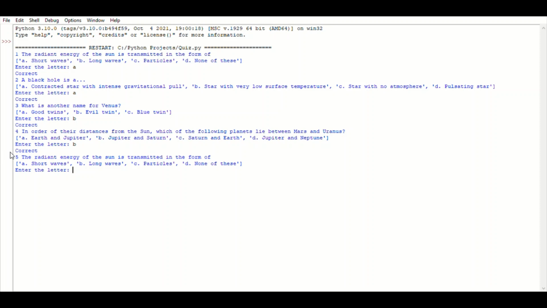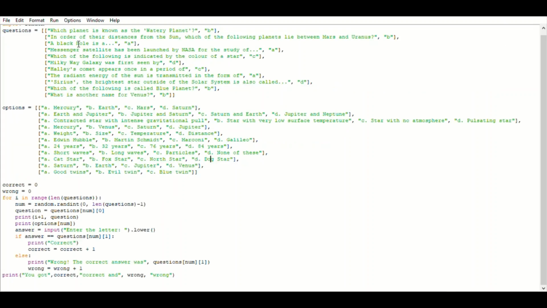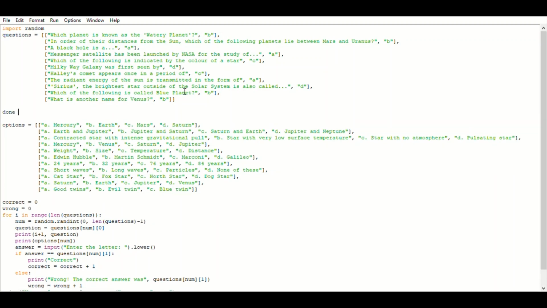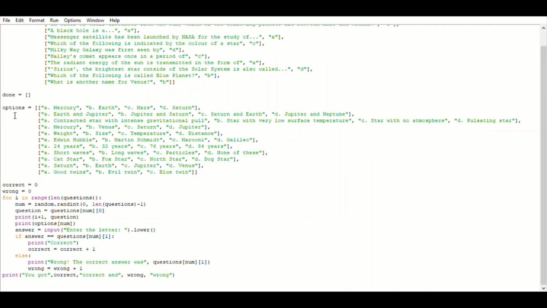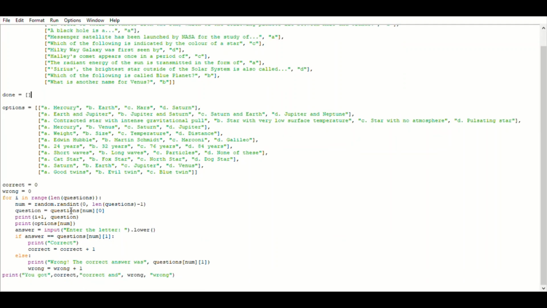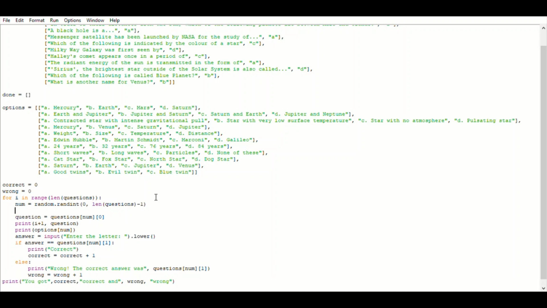Oh, we got a problem. The questions are repeated. Let's fix it. The way I'm thinking to fix the problem is that we can create another list called done. All the questions that have already been asked will go in here, and we still need to ask 11 questions. So num, then while,